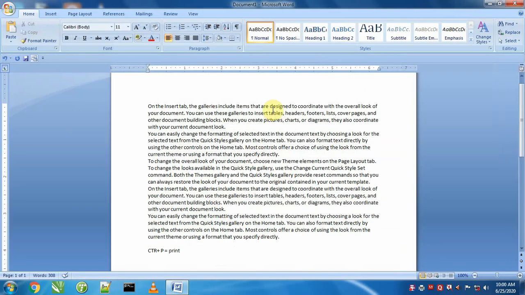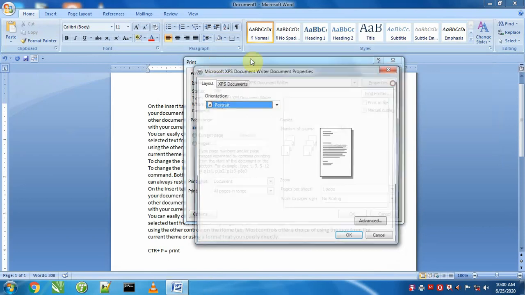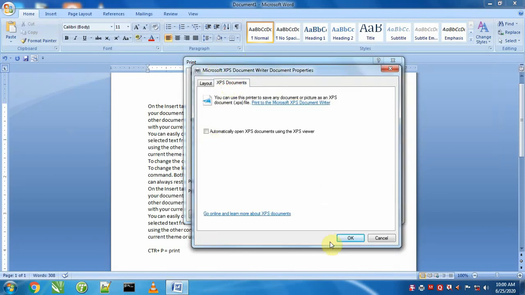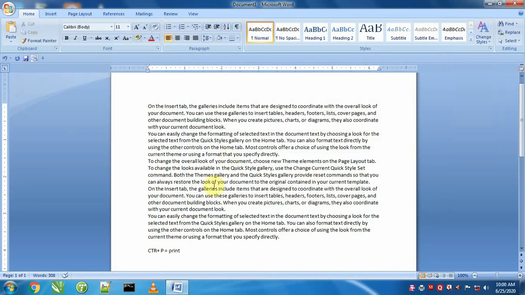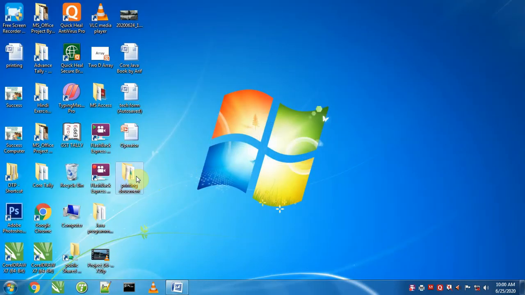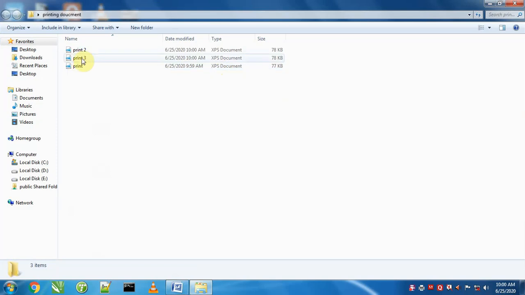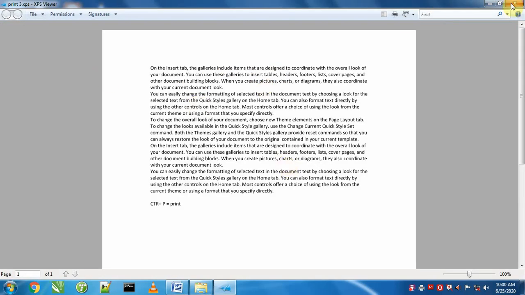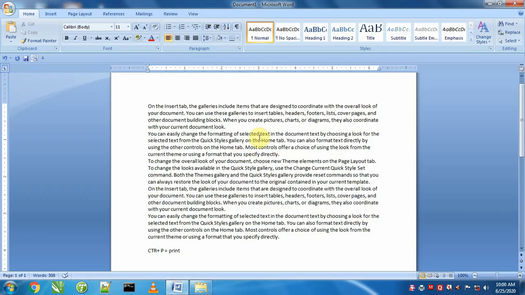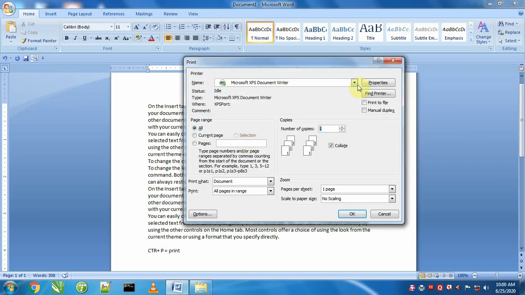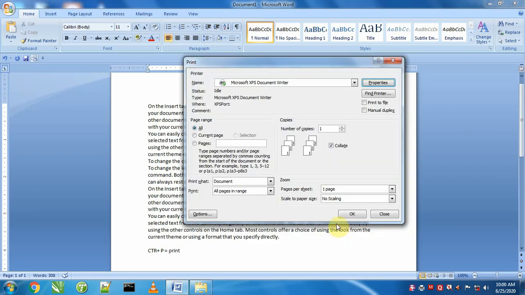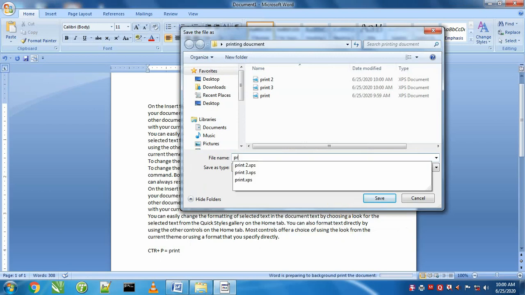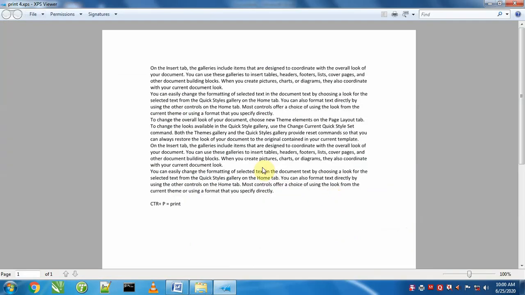But if we close this option, okay, that file will not open. We can look here at the desktop, the file is created, file 3, but it is not open. So it is one more property that we can set here. Go to properties, okay. Now if we print data, it will open automatically just after printing, like this.